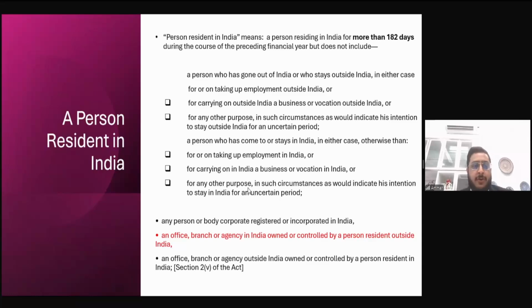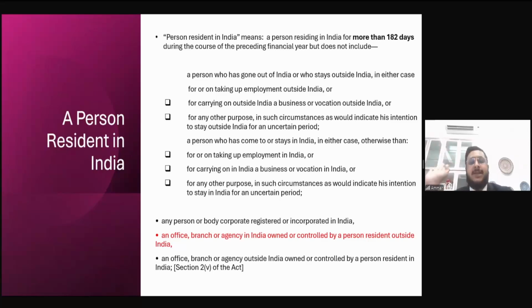When you want to check whether a person is a resident in India or not, the criteria is 182 days. He should be present in India for 182 days. However, there are some exceptions. For example, if a person has stayed more than 182 days in India in the previous year, but he has left the country in that financial year, to take up employment somewhere in a foreign country, or he has started a business outside, or he has gone outside India without any intention of returning back,